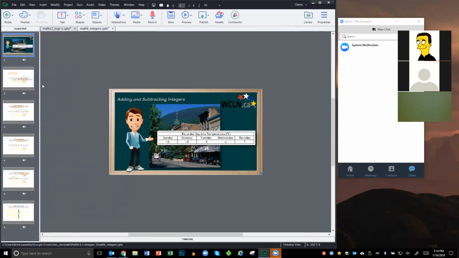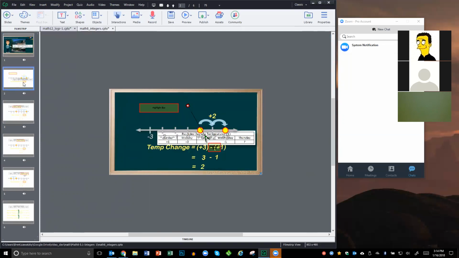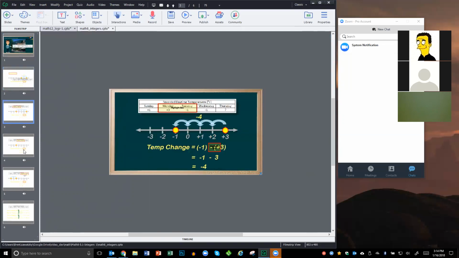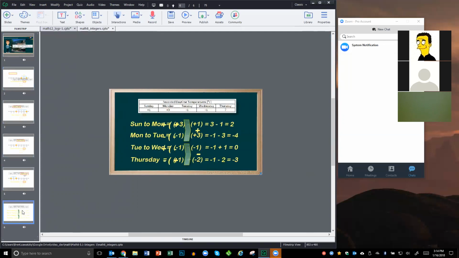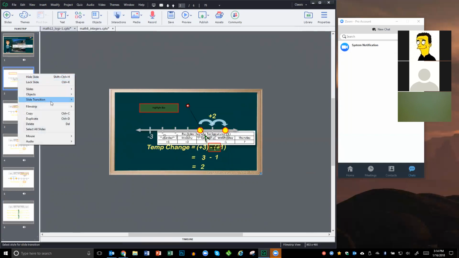Probably more typical is one where you're going through and explaining a concept in a couple of different ways, and then maybe getting to an example, and then having your overall summary at the end. So what I would normally do is, you've done the script, you've drawn out a little bit of a layout of it, you've done your audio clips, and now you're into this, so you open up an existing one. And what I normally do is I just go here and I just say